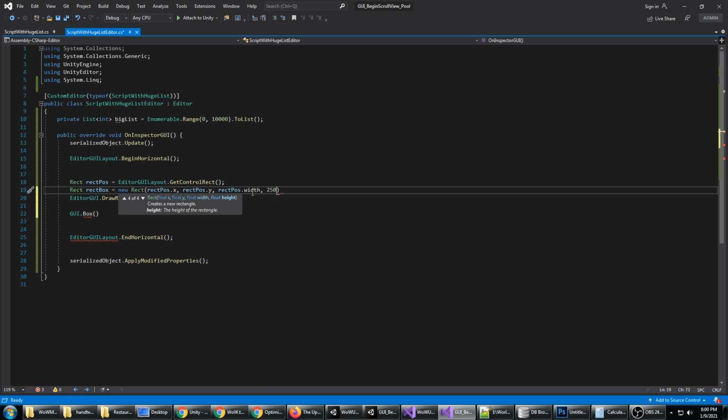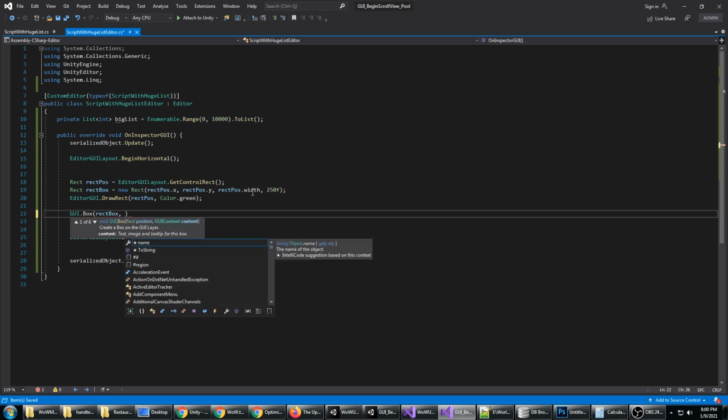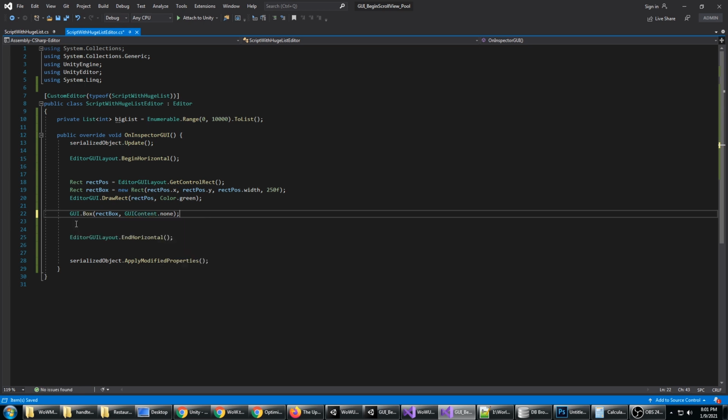This tutorial doesn't cover a height that changes. It makes your pooling easier if you have a static height. So we're going to be using a static height of 250, and now we have a box for the rect box, and it wants a GUI content. So we could just do GUI content none,